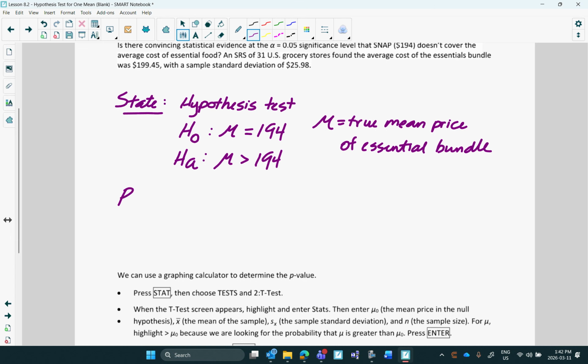Next, plan. We will conduct, how are you going to say it? One sample, and then the letter, t-test. Yes, one sample t-test. And then we can go ahead and do that if